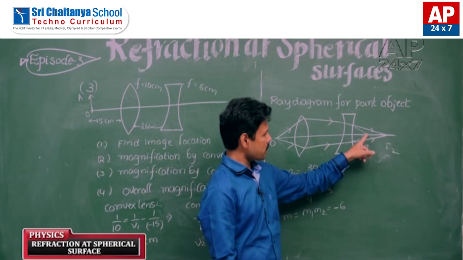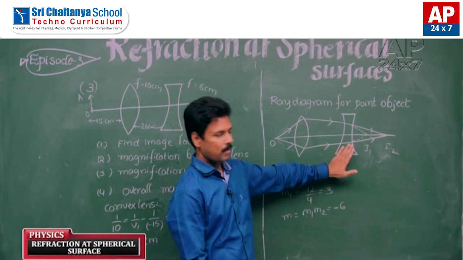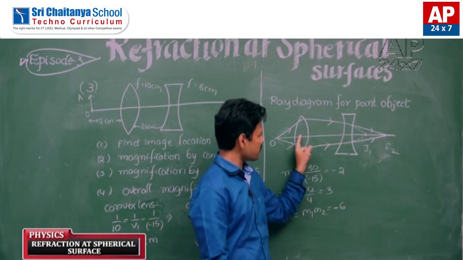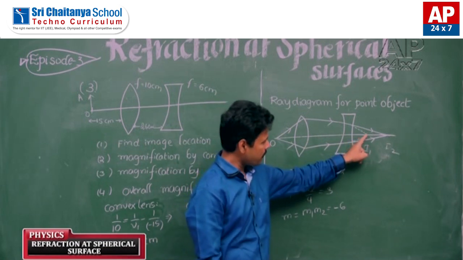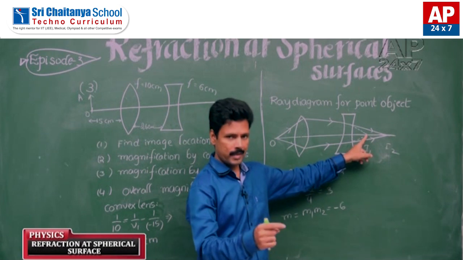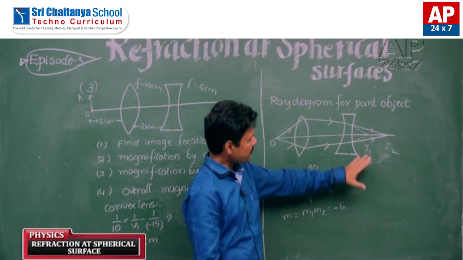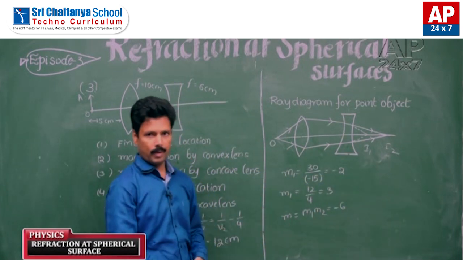That means if you are not having this concave lens, the image by this convex lens must be at this location. So students, we have to see carefully here. When you are not having this concave lens, the image by this convex lens will be at this location. That distance is equal to 30. That means that image will be now at a distance of 4 centimeter from the concave lens, and this image is acting as the object for that concave lens, right?